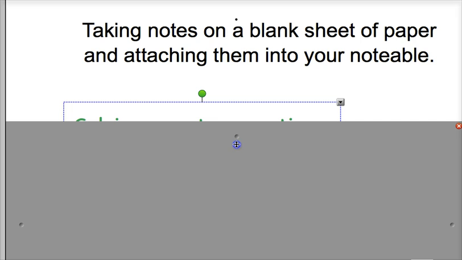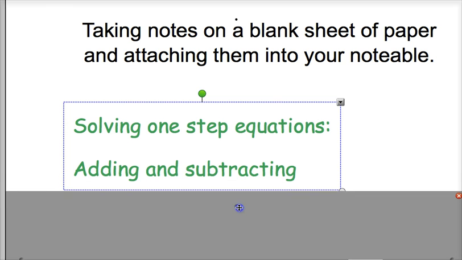All right, so we are going to be beginning a new section in Chapter 2, and we are going to be taking notes on a blank sheet of paper and attaching them into your notebook. So this is something that we might do from time to time. So what I want you to be titling these notes, make sure you have your pencil ready and your